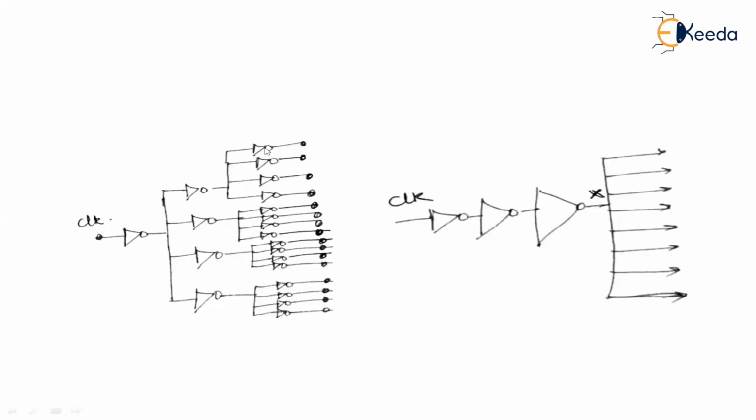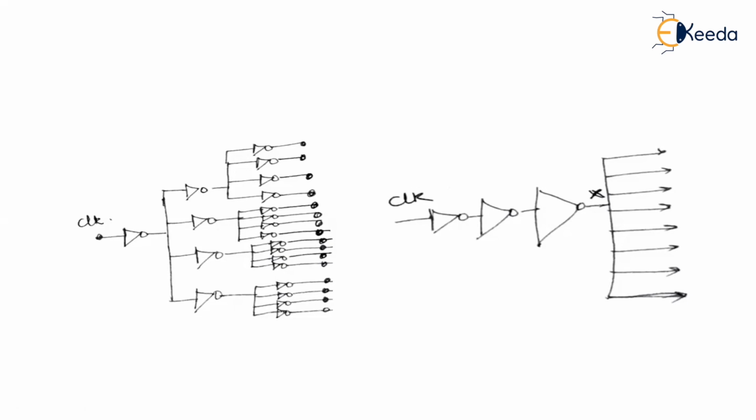After that, we must make sure that all the loads or units are receiving the clock at the same time. So we must size our inverters. I made the sizing so that this is the smallest one, then still larger, and still larger. That is nothing but the logical effort, and at the end this is the point X, and X is the clock, which is given at the same point to all my receiver points. First, we did the grouping.